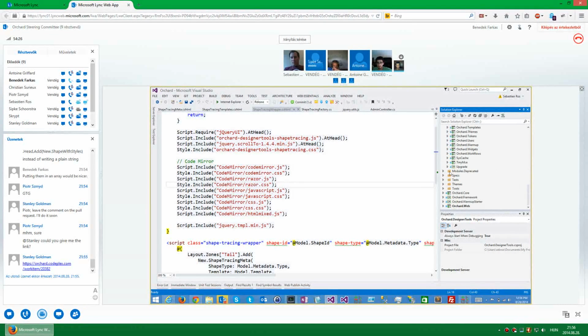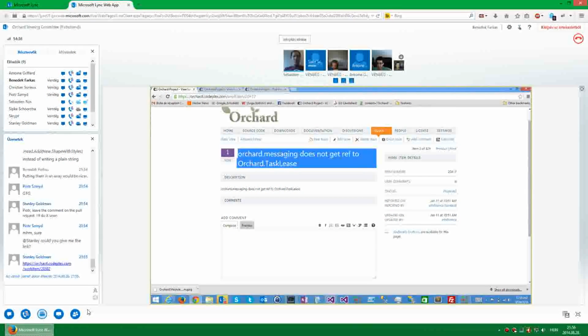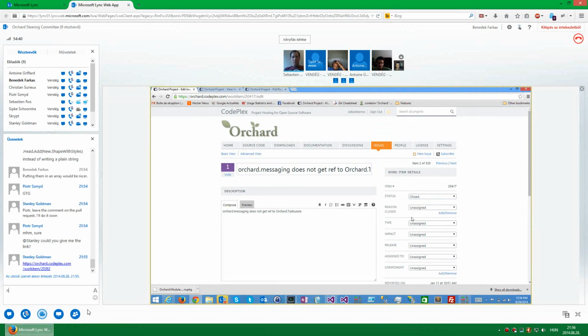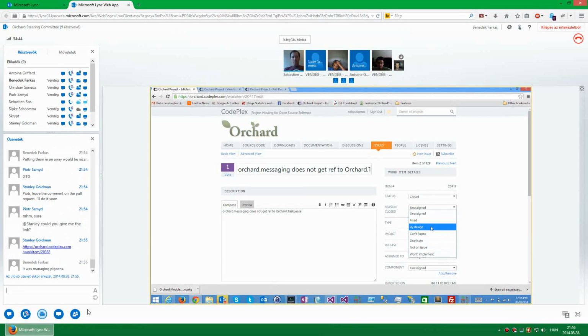It's not there anymore, as far as I remember. What was it doing? Probably something with messaging. Emails. Yes, emails, things and everything. We changed it. Okay, closed. Fixed.